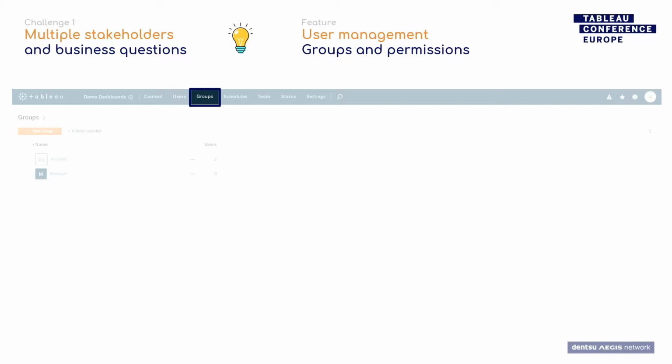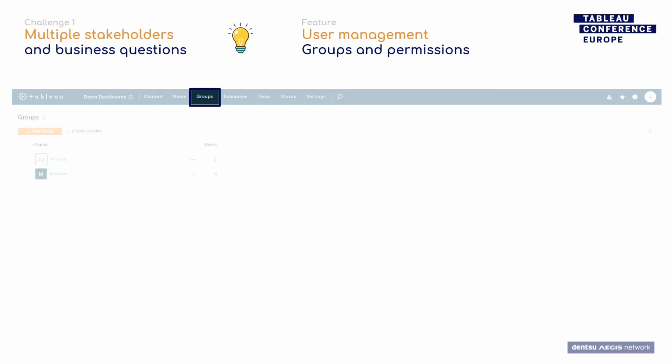But if you're just thinking, okay, if someone comes to my desk or emails me, I need access to this dashboard, or please give access to this other person, then you're not thinking that by giving them access or by grouping them in different stakeholder groups that you can have in Tableau, you're actually solving this issue of having multiple stakeholders and having multiple questions coming from all sides to answer with one single